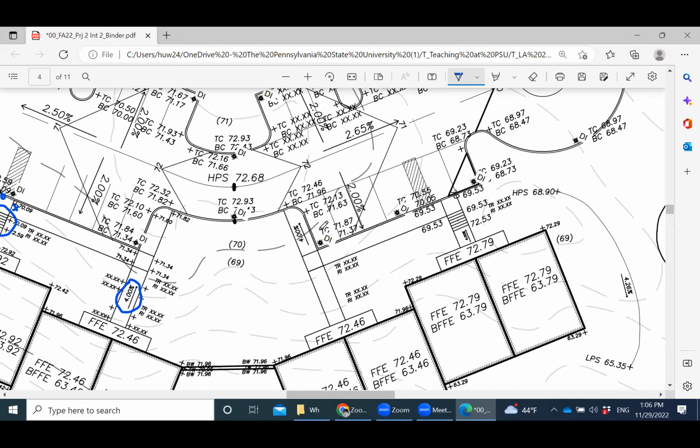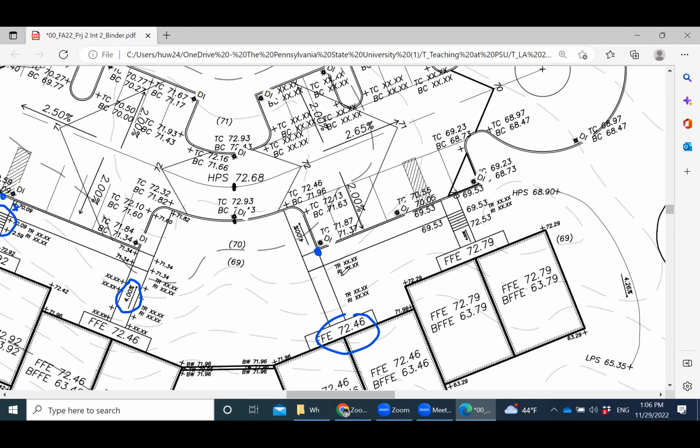In this area, you have a DI equal to 71.37, and going up 71.87. You know, it could be that this is not high enough, but you'll have to double check that one. Okay, could be because you are already pretty close to 72. If this is 2%, and then that's 50 feet, then, sorry? Then very likely your FFE will be higher than